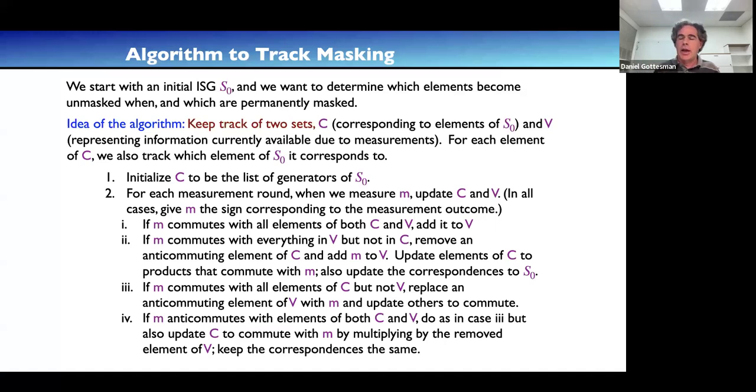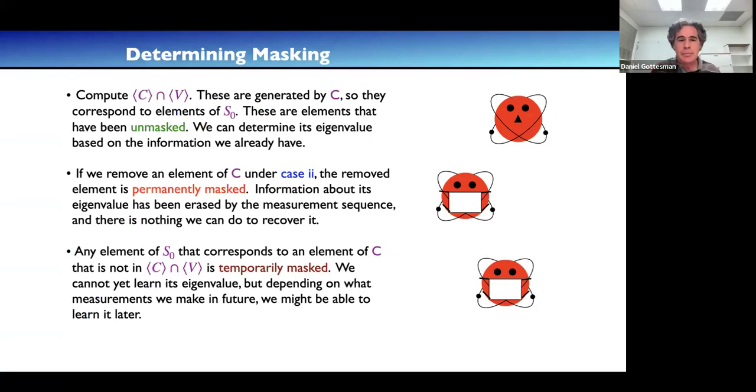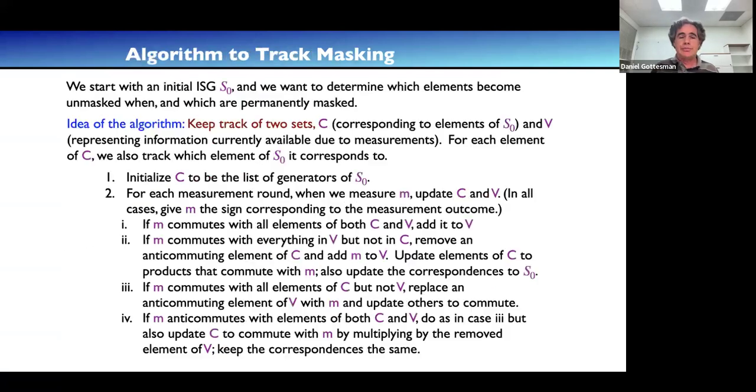And then we have an update rule based on the usual stabilizer formalism that tells us how to update C and V based on these 4 cases, depending on what measurement we did. And in particular, case 2, where M commutes with everything in V but doesn't commute with C, is the case where we end up with permanently masked generators, because we end up kicking something out of the set that can no longer be learned.